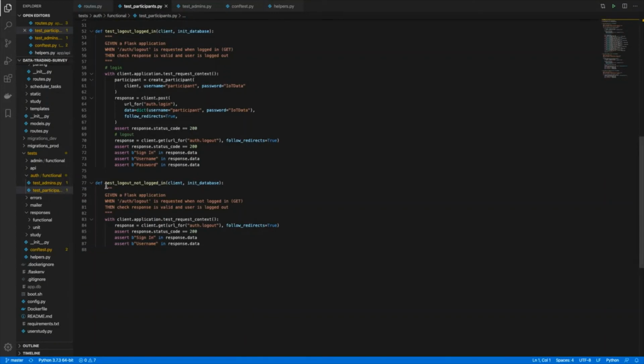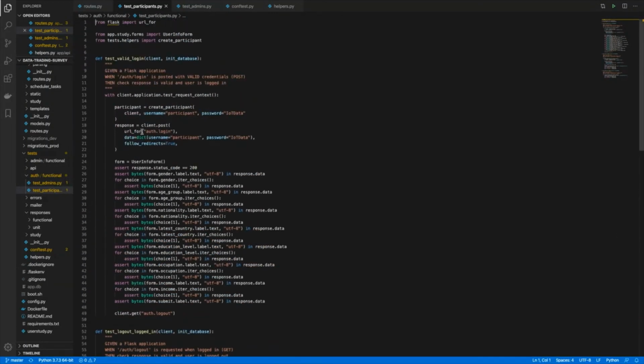So each test basically creates the required objects within the database in order to test the functionality. So this create participant method creates a participant within the database, and I'm using another file which contains a bunch of helper functions to easily create these things in the database without having to specify all the parameters.